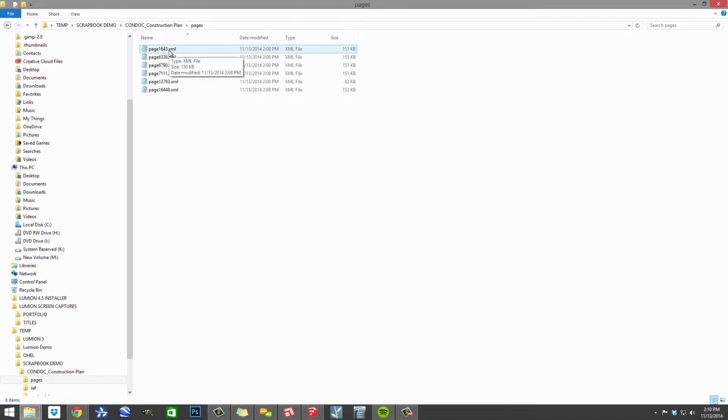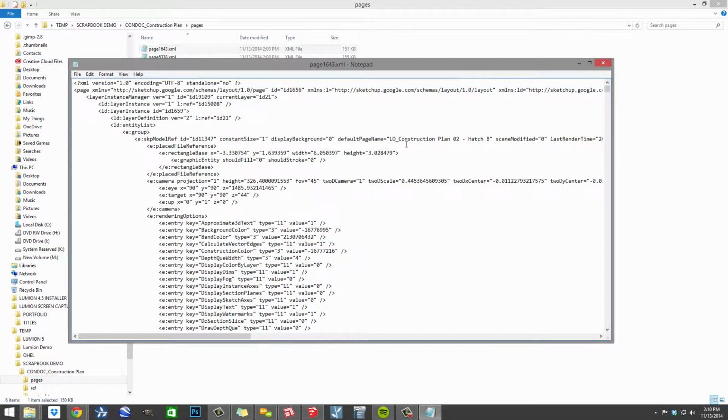So here's a folder called pages, and when I double click on this and open it, you can see that each one of these pages is referencing a page of my scrapbook. So what I can do is I'm going to copy this text. I want to copy all of this stuff. So I'll edit, copy, and then we do edit,